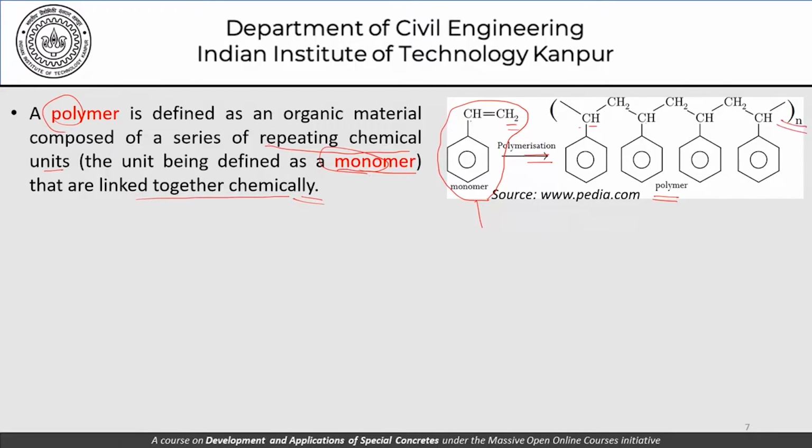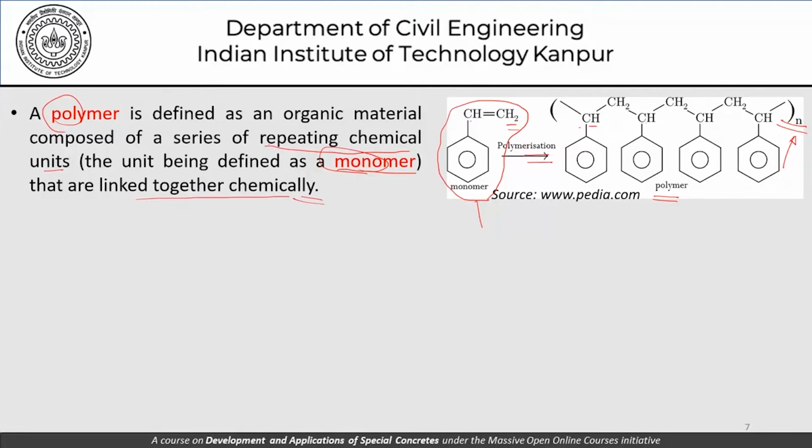So we have to understand how to control this n if we can, and what is the rate at which this polymerization process happens. How does this polymerization affect the molecular weight of the polymer, which is coming from the monomers? And how does the molecular weight affect or impact mechanical properties such as the strength of that polymer? So these are some of the things that we need to understand a little bit as far as polymer concrete is concerned. We'll not necessarily go into all these details, but just give you a bird's eye view of this